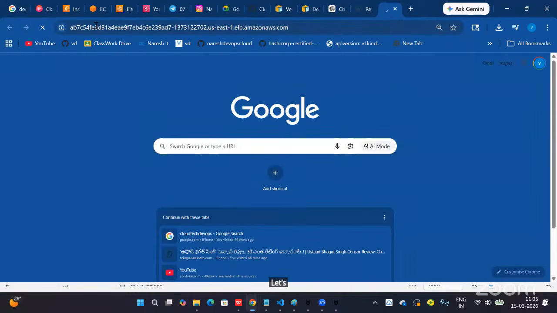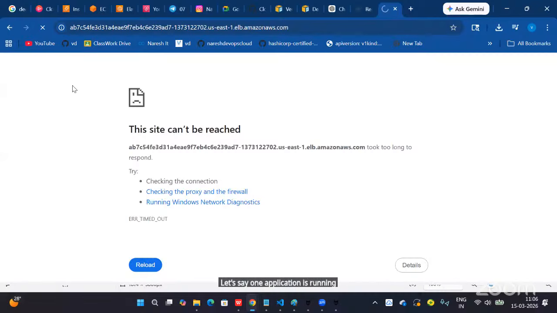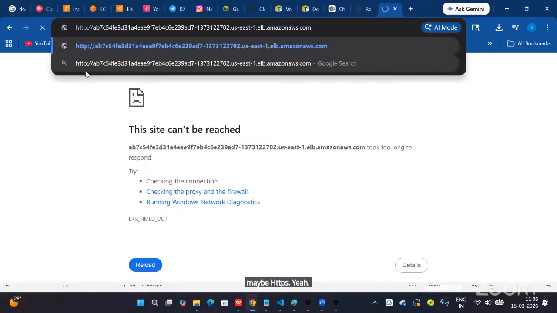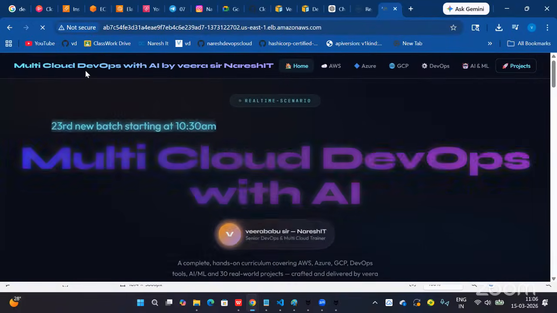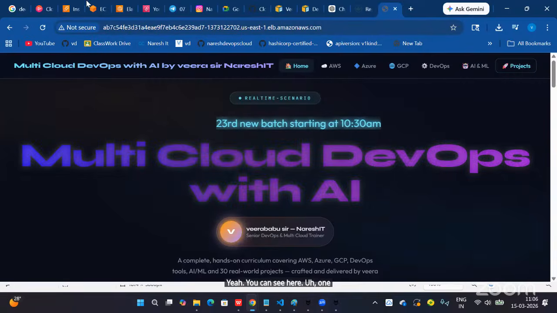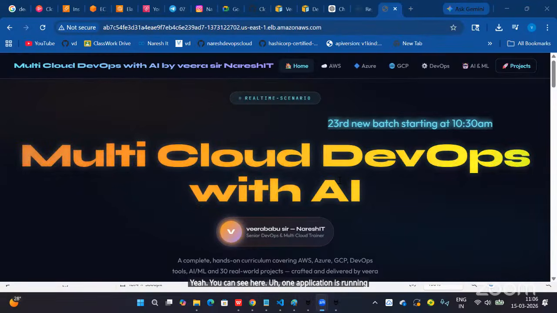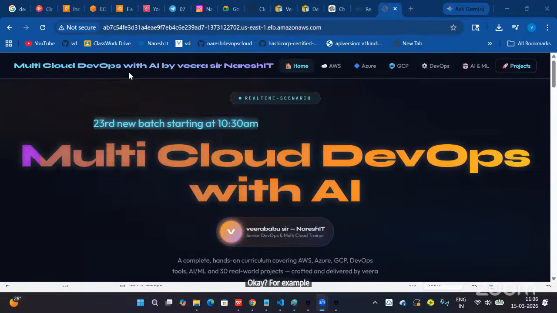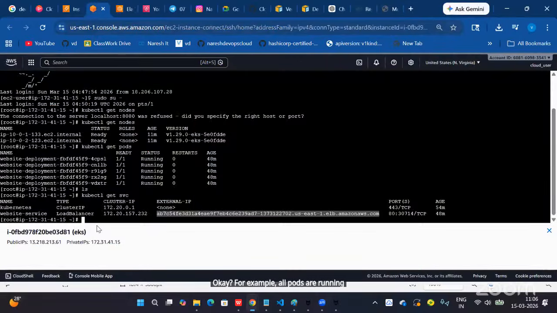Let's say one application is running. You can click on it. Maybe HTTPS. Yeah. You can see here, one application is running inside the Kubernetes. For example, all pods are running here.